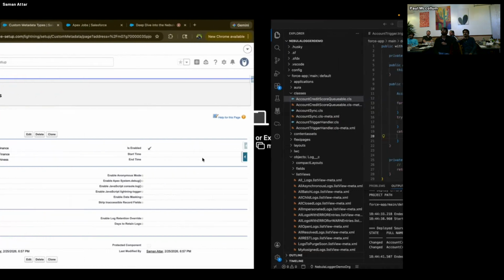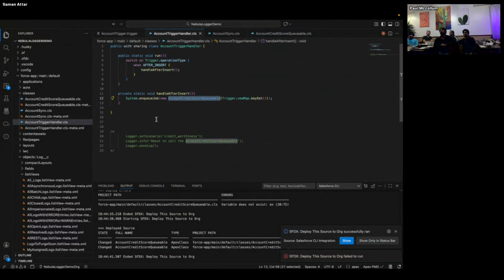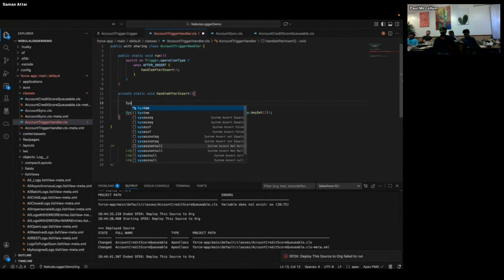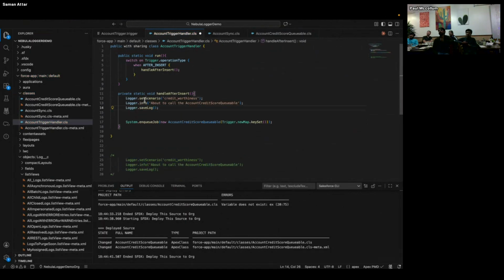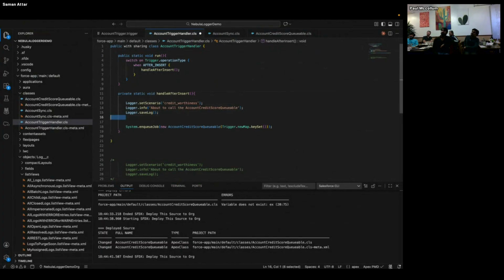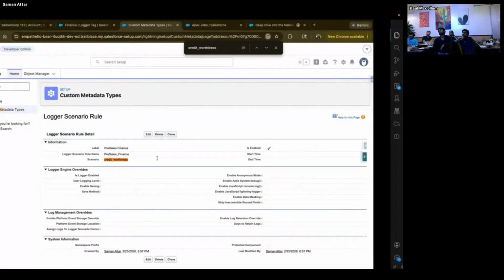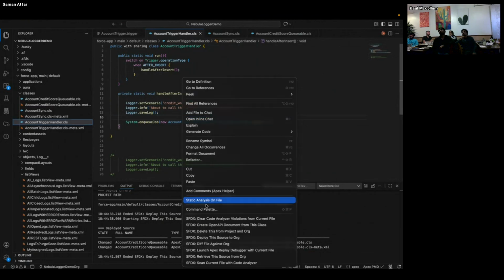So from here, what's cool about this that I'll show off is if you go to something like this account trigger handler, if I wanted to log what was happening here before it happens, typically I would write system.debug, for example, right? But with the logger, if I just take this snippet, have it here, I can tell the logger, hey, this instance, we're going to care about this scenario called credit worthiness, which is the same scenario I set up here in the metadata. Think of this like a system.debug message. I'm just putting out a message and I'm saving that log. So if I hit deploy,